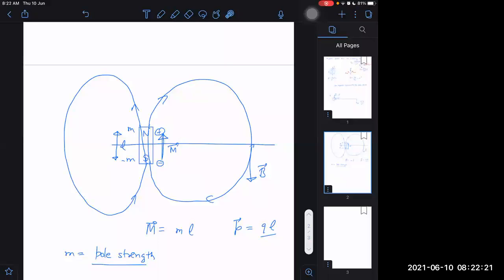We know magnetic field. There are definite formulas for magnetic field. There is the Biot-Savart law for that, and we can determine the magnetic field due to a current carrying wire. Once we can determine it due to a current carrying wire, then we can determine it due to a current carrying loop. Once we can do that, then we can determine it due to a magnet also, because a magnet is composed of several tiny current carrying loops. Electrons are orbiting around the nucleus, so they are also forming current carrying loops. And if we know the field due to each current carrying loop, I can find out the total. Understood?